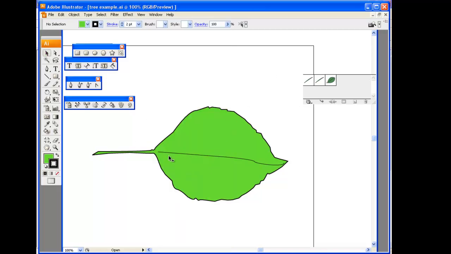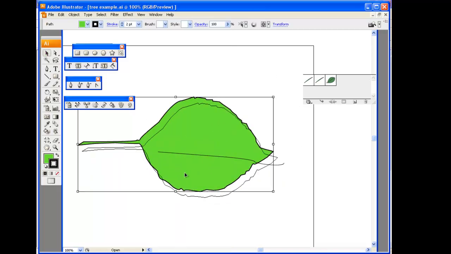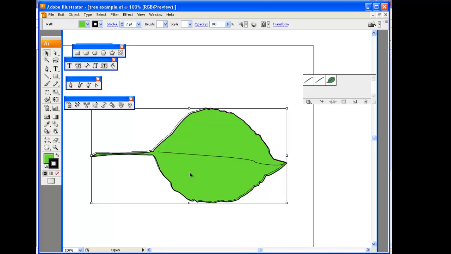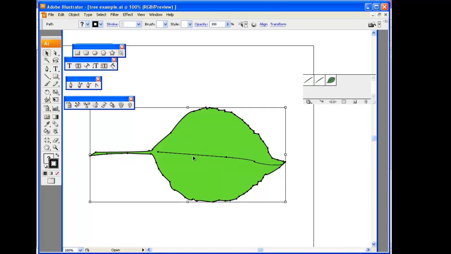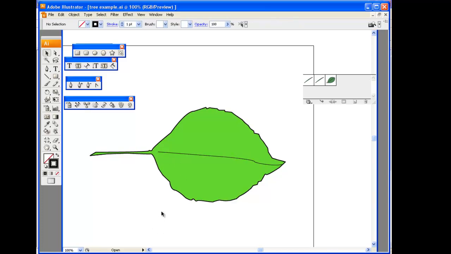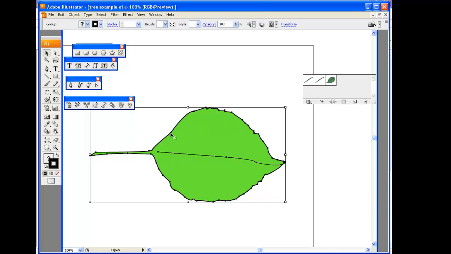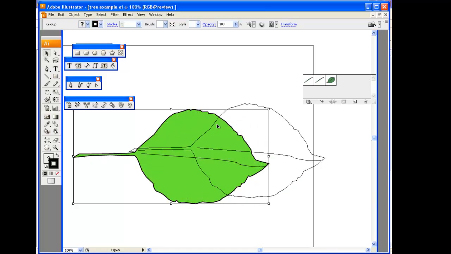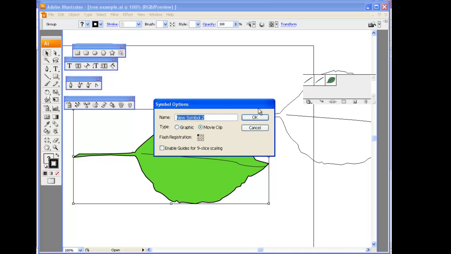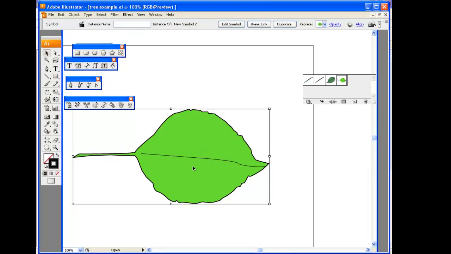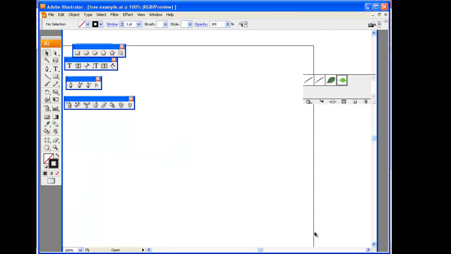You're going to take your leaf that you've created. First of all, I need to group these. So I'm going to hold down Shift, select them, right click, and group. Now when I move it, it should move together. What I'm going to do is I'm just going to take that and drag it up to the symbols, and OK. Now I can delete this,